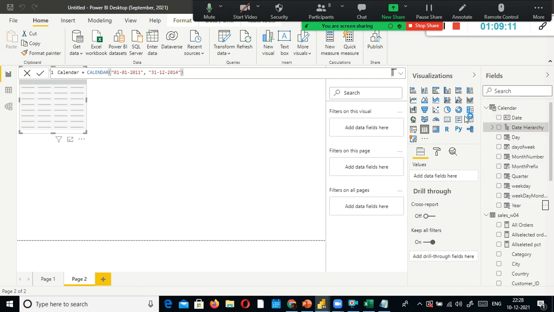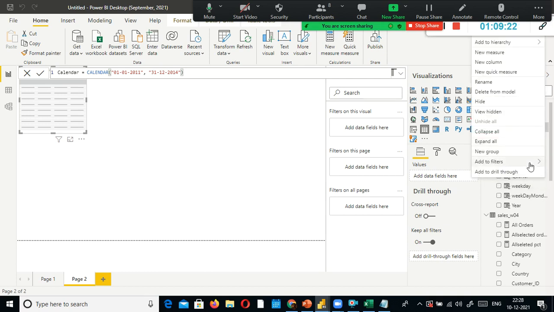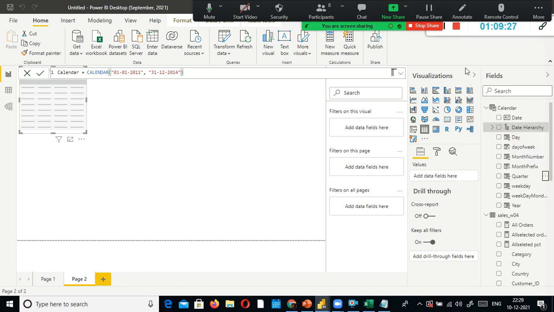I'm going to make this year part of my newly created hierarchy. In the date hierarchy, year comes first and then quarter, right? So the next one is quarter. Select quarter, and here add to hierarchy, date hierarchy.